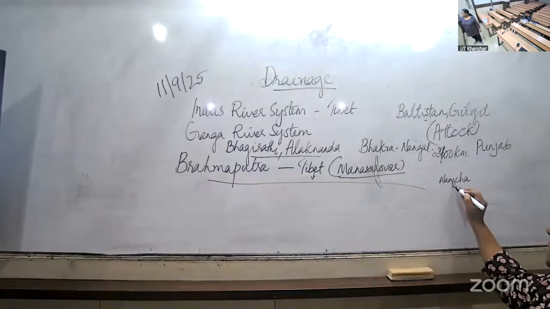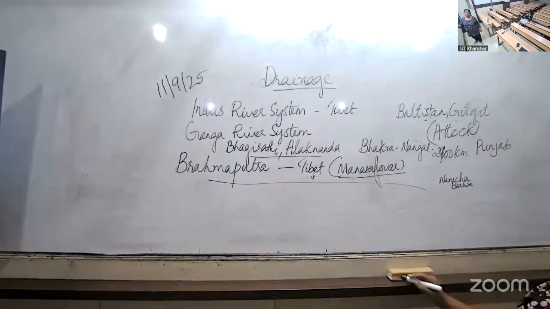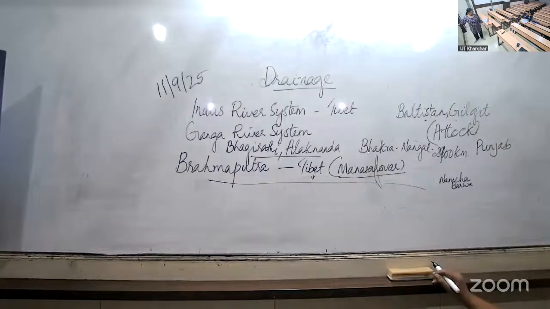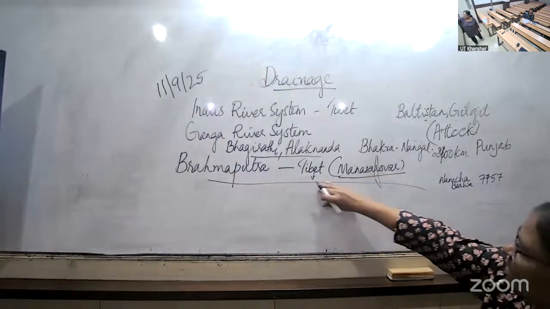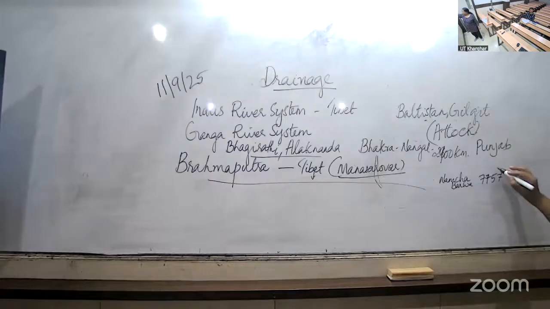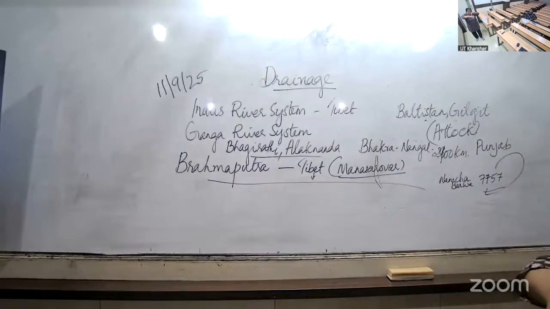And then when it comes to Arunachal Pradesh, there is a big peak. It is known as Namcha Barwa. Its height is 7,757. That much it is coming through the leveled land. Then what happened? It makes a U-turn and enters into India. Just imagine the river is flowing parallel, making a U-turn and jumping towards India. A big waterfall is created.